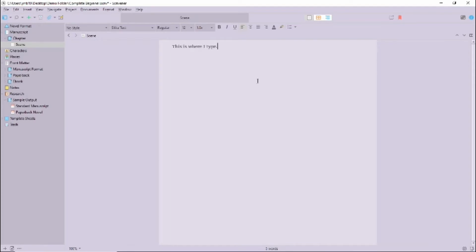You can change formats and many other things, but you shouldn't do that until you understand the implications. That is not for this video. Scrivener will take getting used to, as you probably won't have worked this way before. Just know that this is where you type.